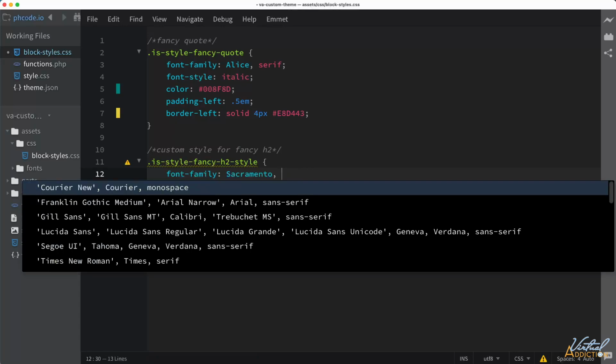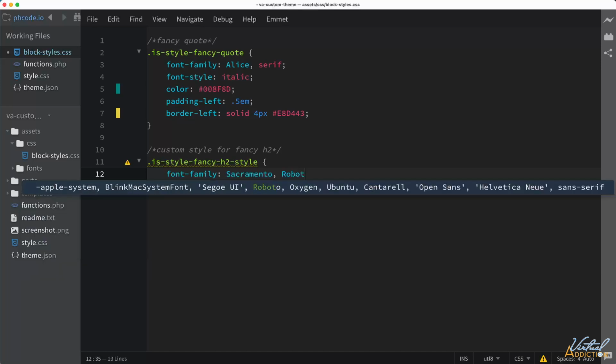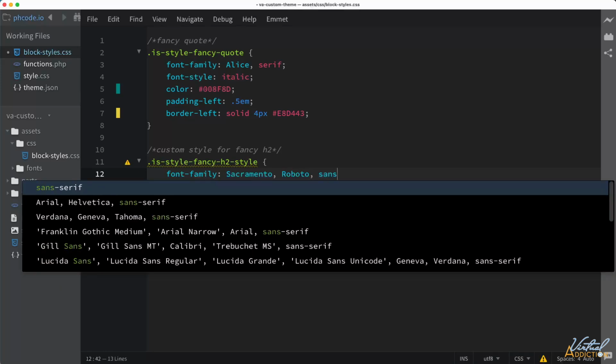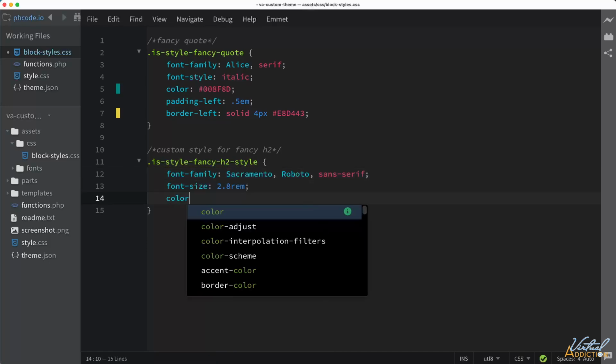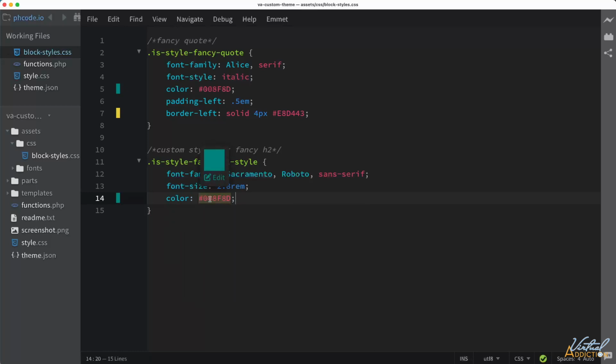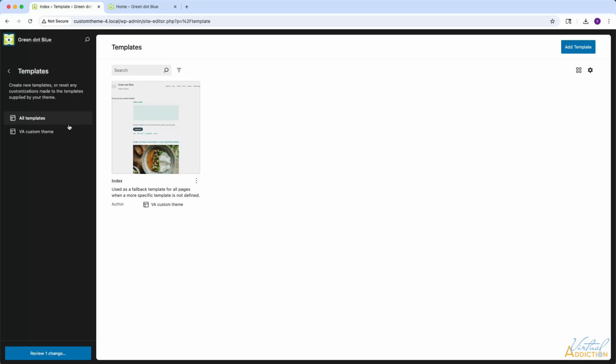I'm going to first request Sacramento, and if that is not available, we'll default back to Roboto, and then we'll just leave a catch-all of sans serif. I'll set my font size to be 2.8 rems. We'll specify the color, and I'll define that to be a teal color, which is one of our base colors for this particular theme. I'm going to save this, and now if we return to WordPress,